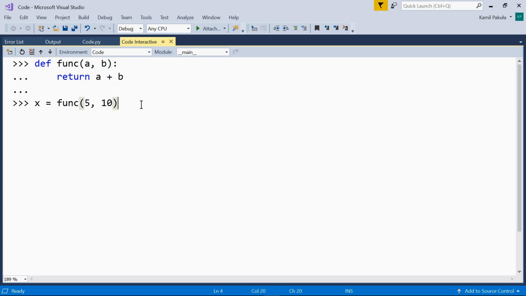We call such arguments positional arguments because they are assigned to the parameter names by position. The first argument is assigned to the first parameter. The second argument is assigned to the second parameter, and so on. Well, here we have just two parameters, but if there are lots of parameters in a function definition, it's very easy to lose track of them all and omit one or more arguments in the function call, which leads to